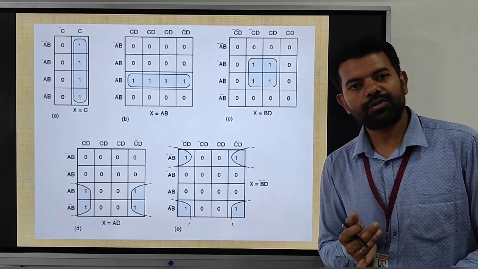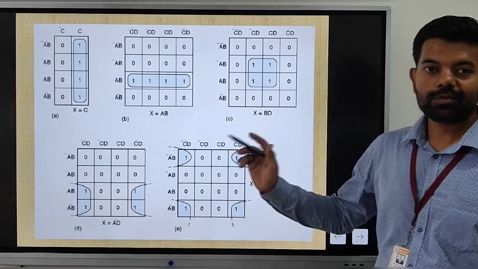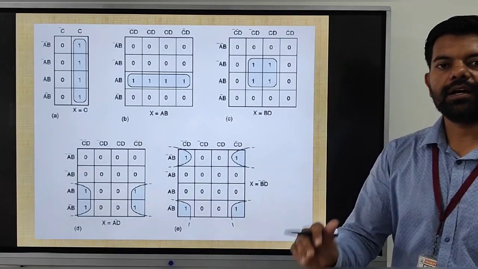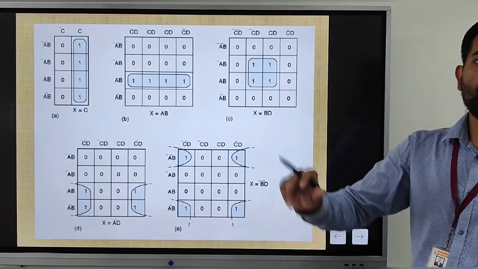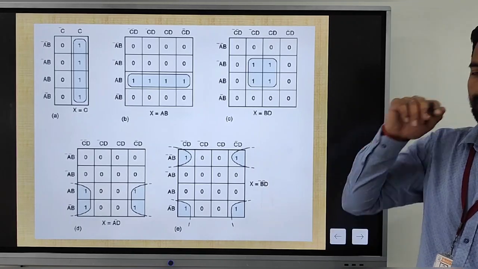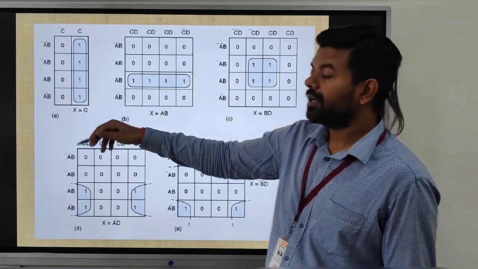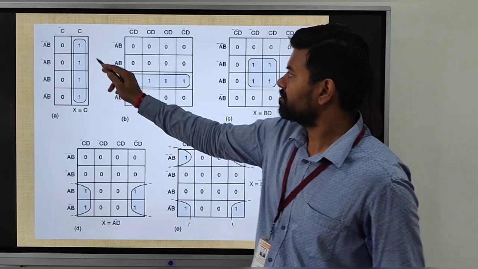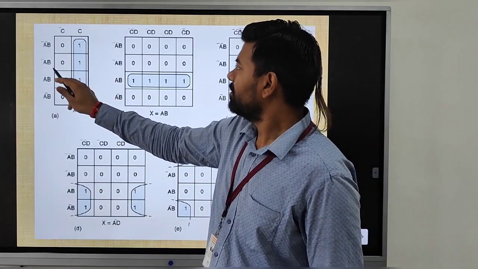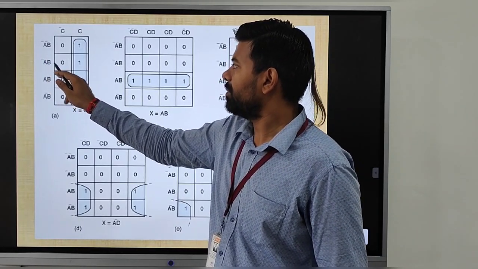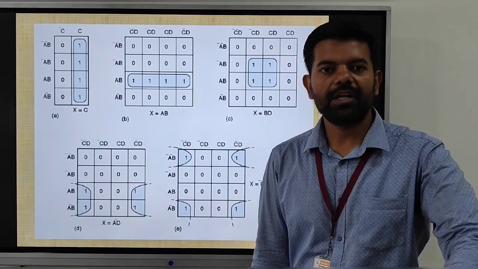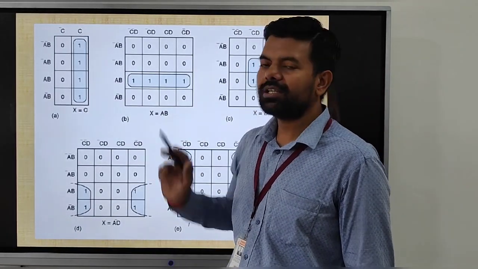Okay. Now, this is how we will do the quad looping. First we have seen the square looping. Now the quad looping. In this quad looping, always remember we require 4 ones in a row or in a column or in the corners. See this in the corners also. Now we will see how we will loop them and how to write the final expression. This is how we loop. These all ones are in adjacent points. So we will see A bar, B bar, A bar, B, A, B, A, B bar. Okay, these all are changing, so we are going to eliminate A and B. What we have to write is only C.